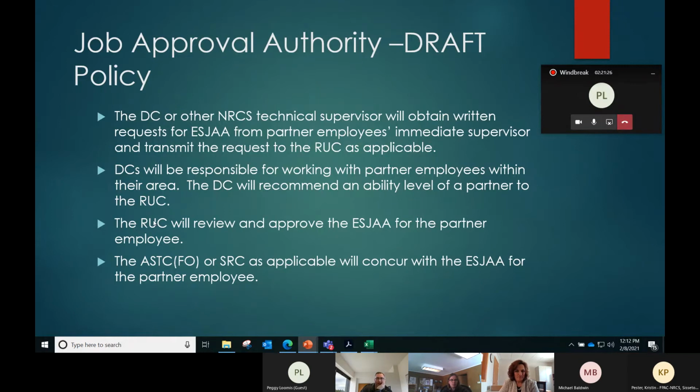So how would you get job approval authority to do trees or fabric or whatever practices that you're doing? So you'd work with your local DC, and you would request the job approval authority. They would go to their RUC, or their resource unit conservationist, and request it through them. So the DC would look at the partner's work, and the DC would recommend the ability of the partner to the RUC. And then the RUC, the resource unit conservationist, would review it and then approve the job approval authority